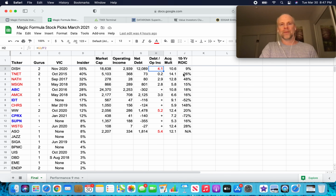Because, Monish Pabrai, one of the things he did, I think it was after the global financial crisis, he got a team of interns together to study what were the most likely causes for great investors to lose money. Okay? Kind of looking at the situations where they invested in a company, they lost money. Could it have been identified beforehand that there was a risk there? And the biggest risk that came up was too much debt. Okay, so that's a filter I want to apply to these companies because I plan on holding them for 2, 3, ideally many years. So I want them to have a healthy debt level, which I'm defining as less than 3